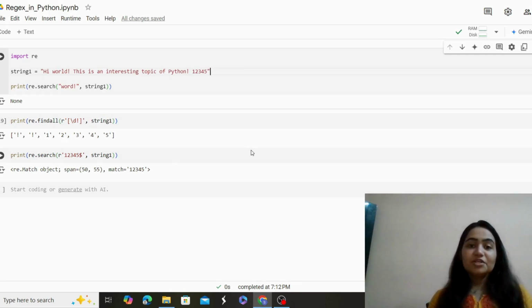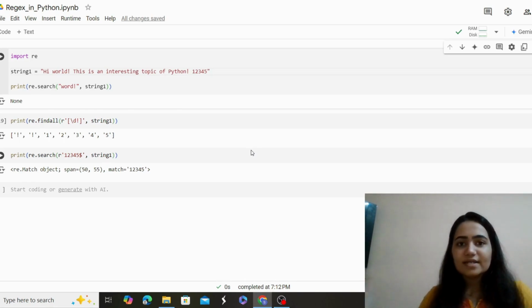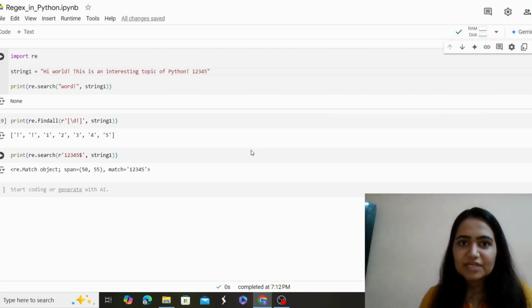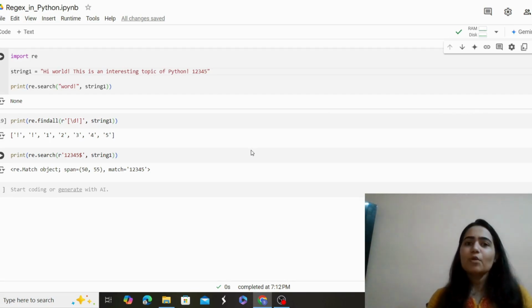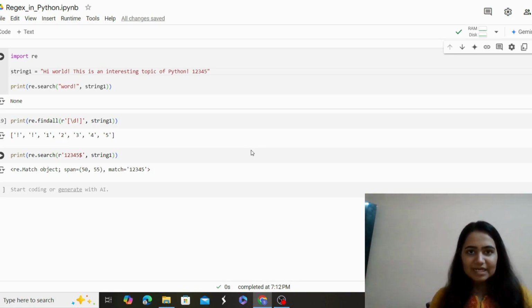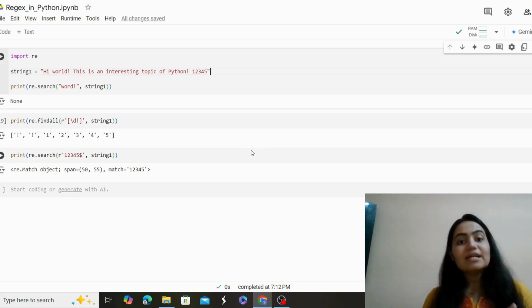I hope you have learned something new today about what is regex. It is used for pattern matching, searching for a particular word in a given string of words. It's especially used in real life applications like password authentication. When you're building a web application, it's very important to have regex, right? Even if you're learning natural language processing in Python, doing projects, it's very important to do some textual pre-processing, searching for words or string manipulation. That's the reason you can make use of the regex module, which is a built-in module in Python. And today we have seen the search method, the findall method and the match function.